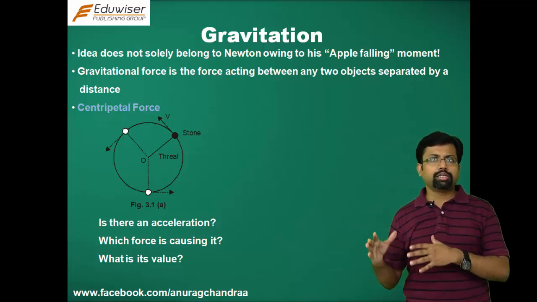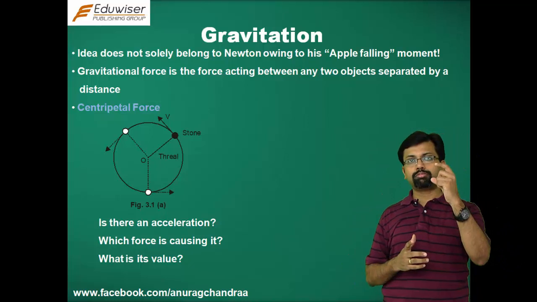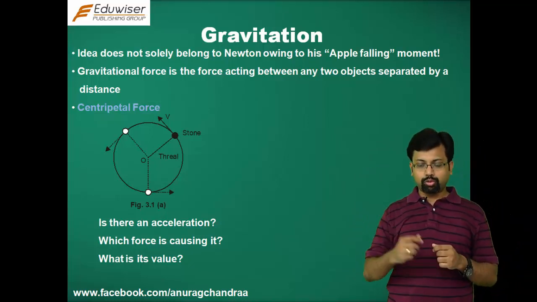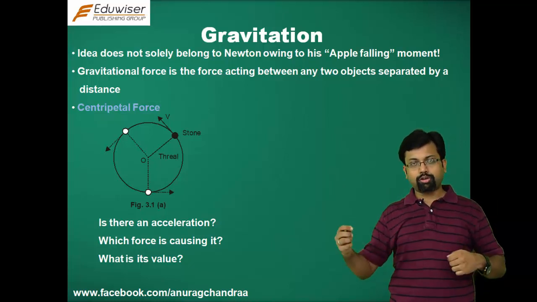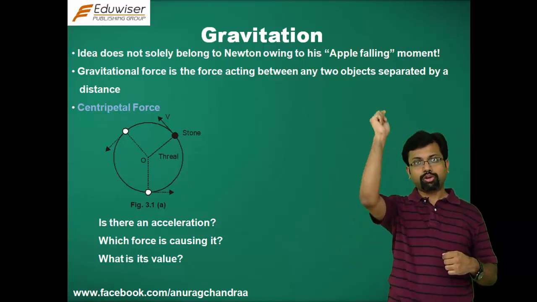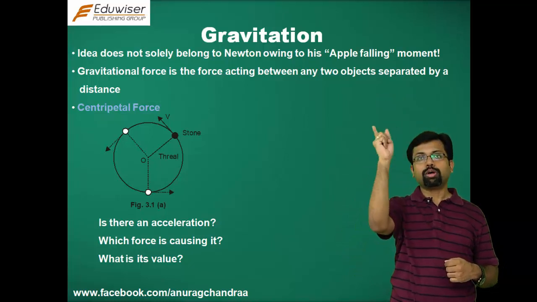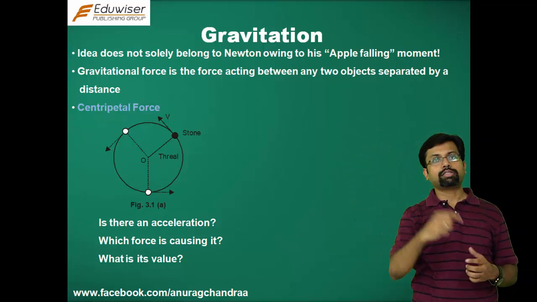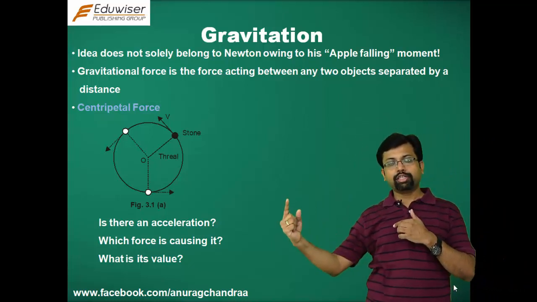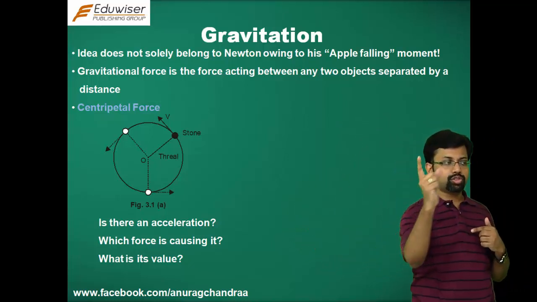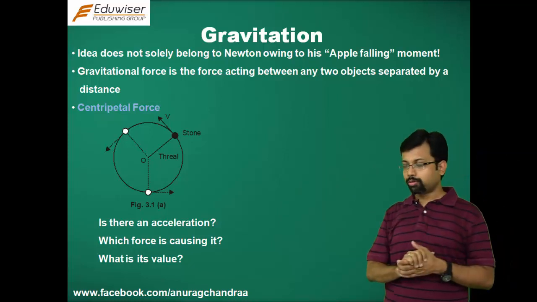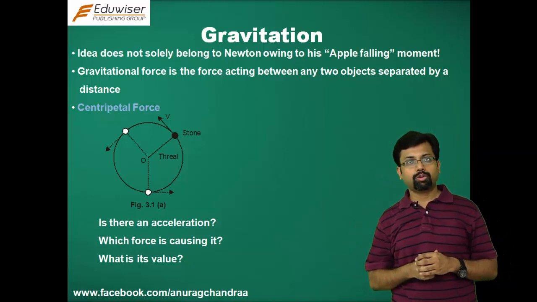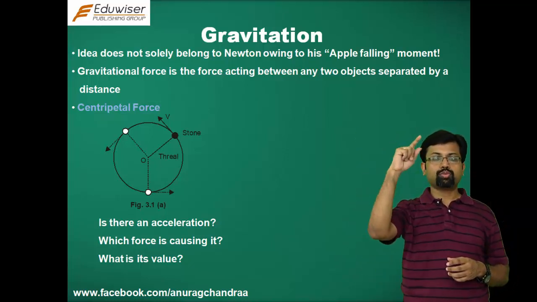Before getting into studying all these things, let us take a very simple experiment. You tie a round stone in a rope or a string, and you start whirling it around your head. If you try to whirl it around your head, you would see that the path that the stone would cover is a circular path, and the radius of that circle would be the length of the string with which you are whirling it around.